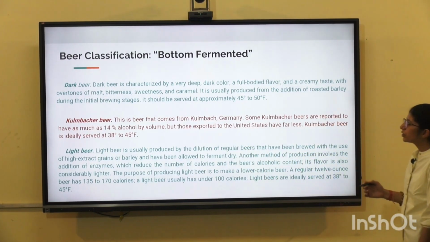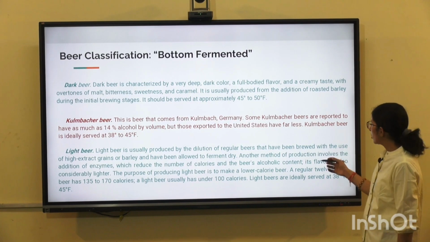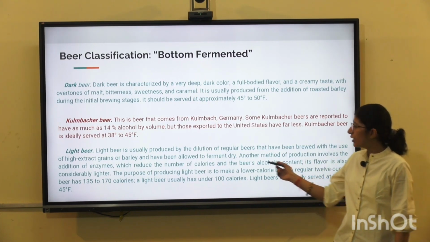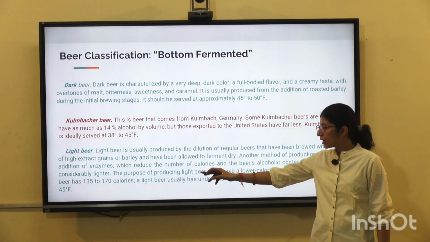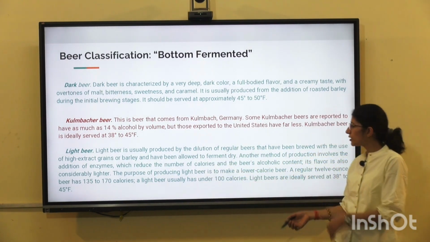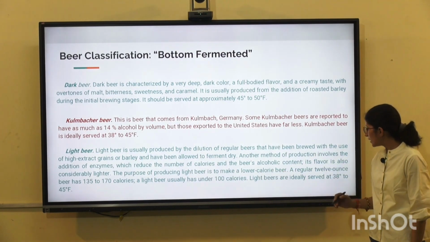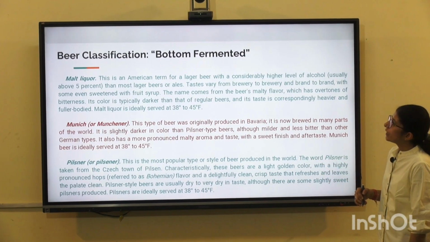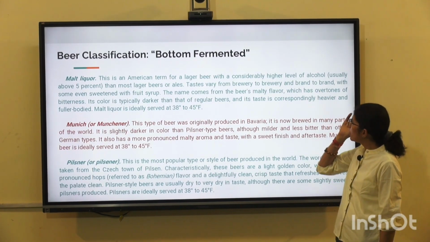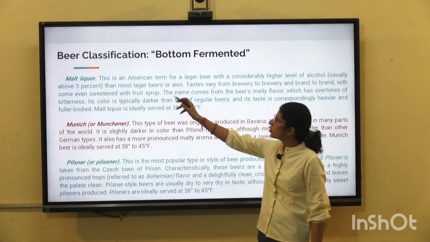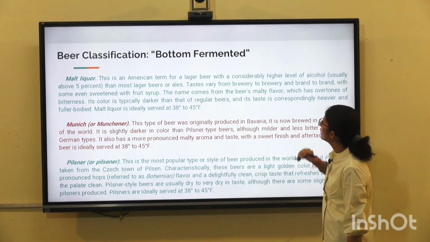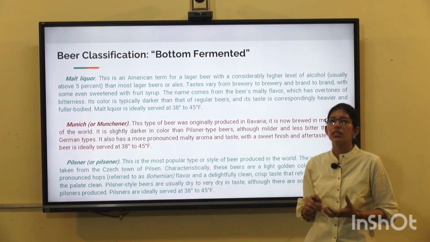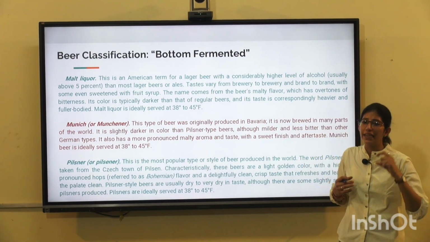Again, light beer. It is produced with the dilution of regular beers, or it could be produced with the addition of enzymes so the number of calories could be lower. Exemplarily, if a beer has a calorie content of 135 to 170 calories, the light beer has a calorie content of under 100 calories, and it is ideally served at 35 to 45 degrees Fahrenheit. Now again, malt liquor. Malt liquor is considered a higher level of alcohol, and it is mostly consumed for the lager and the ales. The name comes from the malty flavor, which overtones the bitterness. Why do we need to overtone the bitterness? Because mostly people like to have a light alcohol content, but